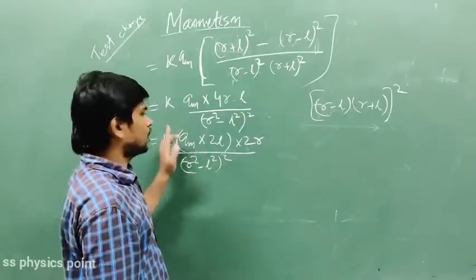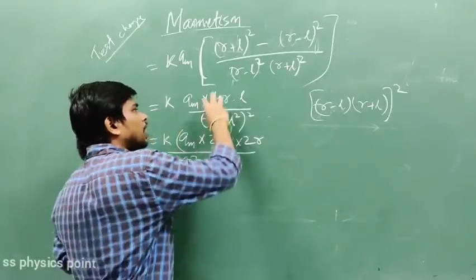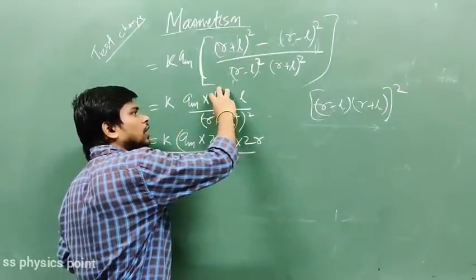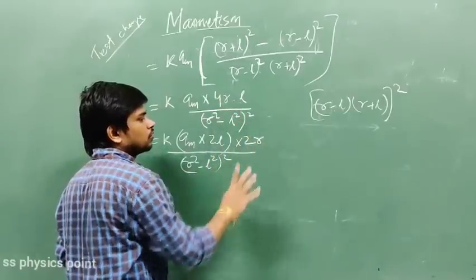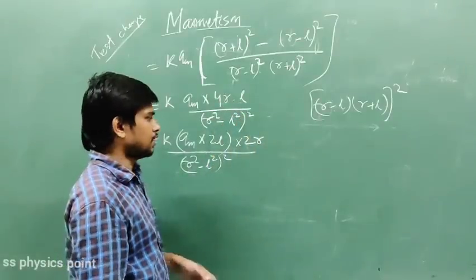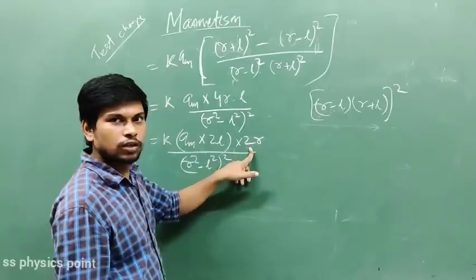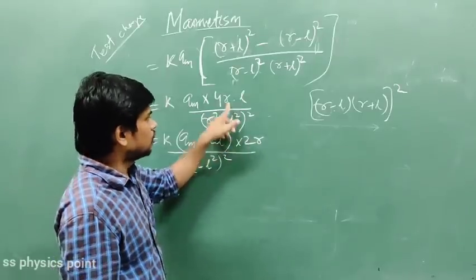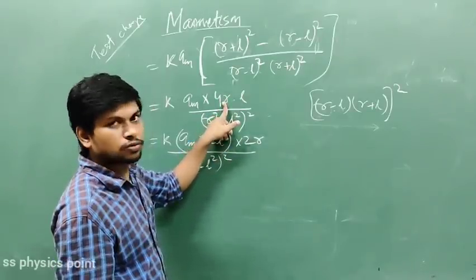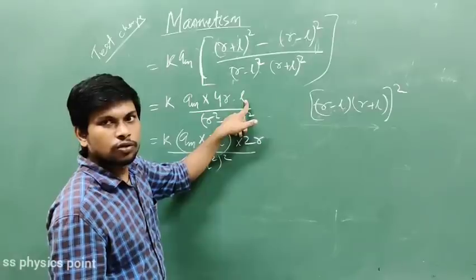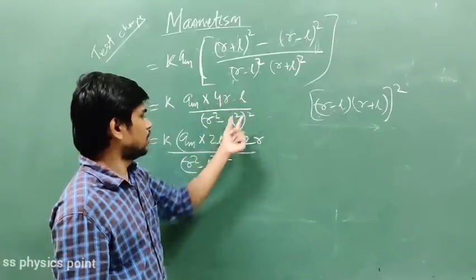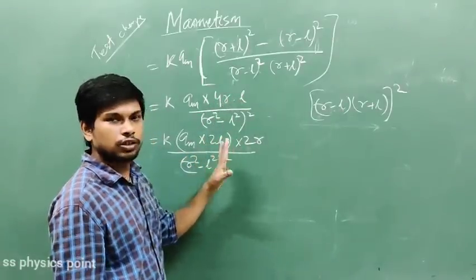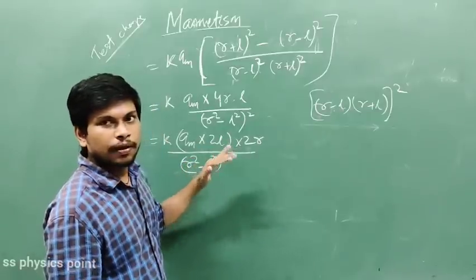What I did here, I just divided this 2r as 2l. Now 2 goes to this side and I'm just writing 2r like that. So 2r I kept as it is, and the other 2 I have taken as 2l. So 2l into 2r, that is 4rl. 4rl, here below also the same result is coming.